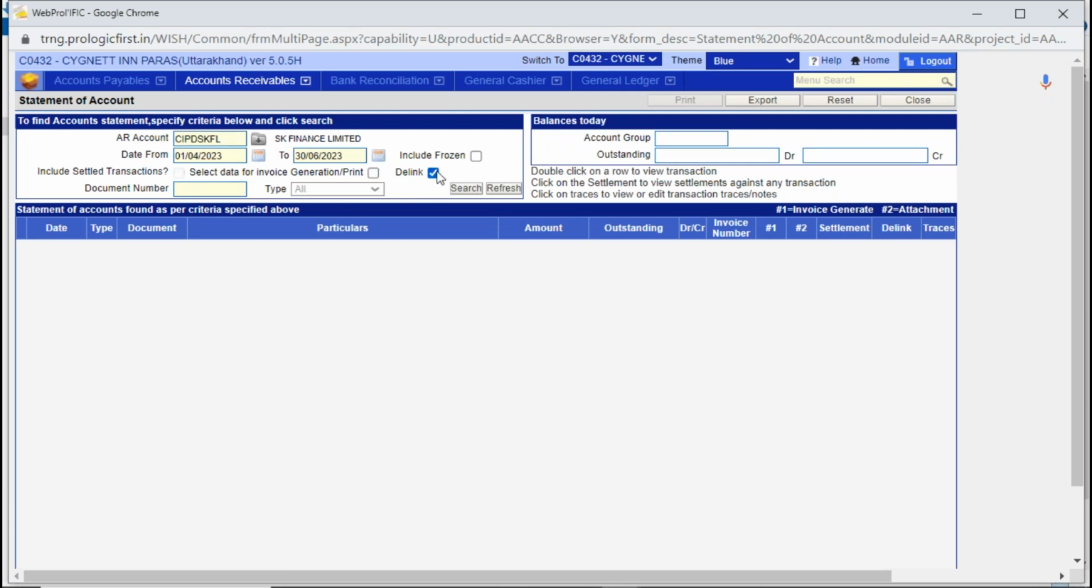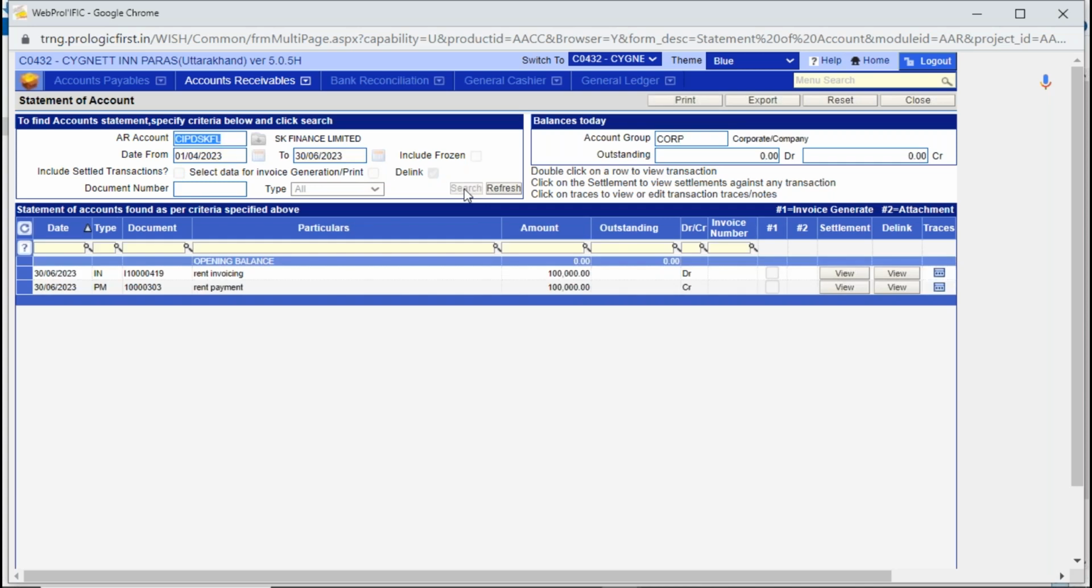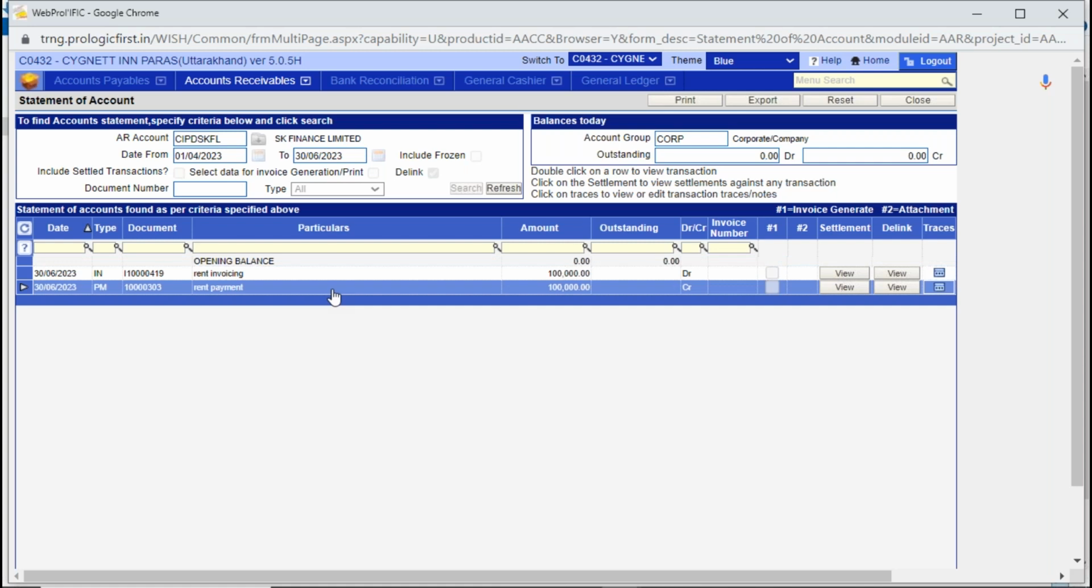You will say include settled transactions and you will say delink. You will select this option of delink. You click on the search button. It will show you the transactions which have been settled. You can choose the particular transaction like the payment of 1 lakh, which, for example, if I had settled